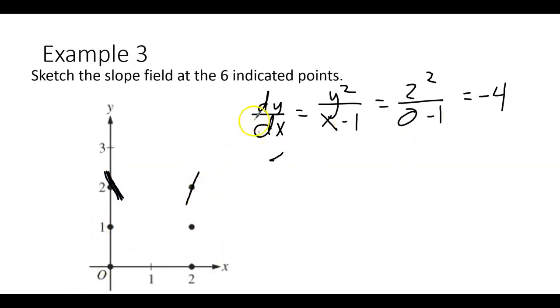All right, back to this one, 0, 1. Plugging in the point 0, 1, I plug 0 in for x and 1 in for y. That's going to end up giving me a +1 slope. So it's going to be a positive, or -1, I'm sorry. It's going to be negative like this one, but it's going to be a lot flatter because -1 is less of a number than 4, right? Now if I plug in 2, 1, let's see, 2 on the bottom is going to be 1, and 1 on the top is 1. So it's going to be a positive 1. Same thing, but opposite direction. That one's going to be a positive slope of 1.